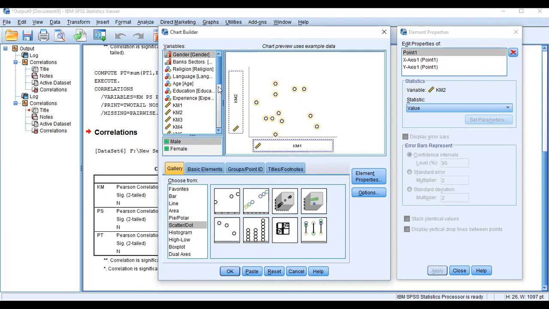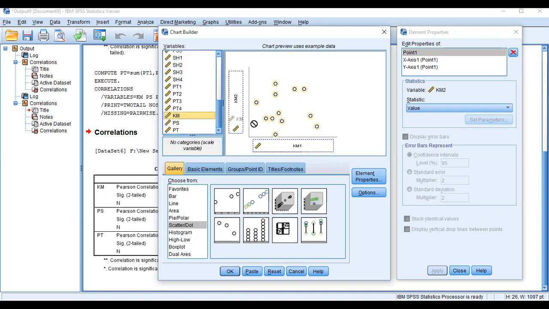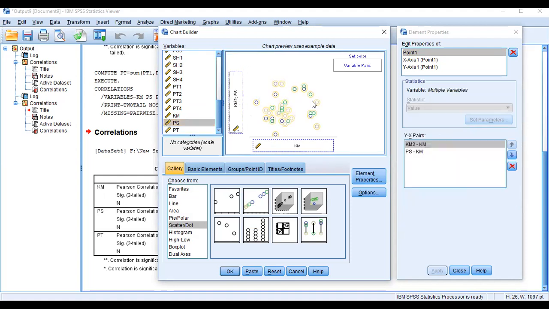At first we need to select our variables, and our variables are knowledge management and project success, because on the x-axis we put the independent variable, as we discussed in theory. So knowledge management is our independent variable. On the y-axis we plot the dependent variable, that is project success. So have a look, just click OK.